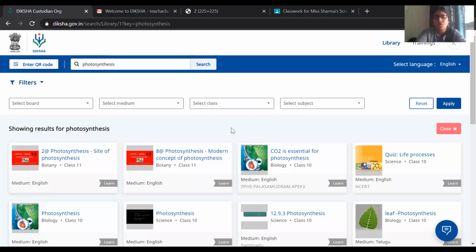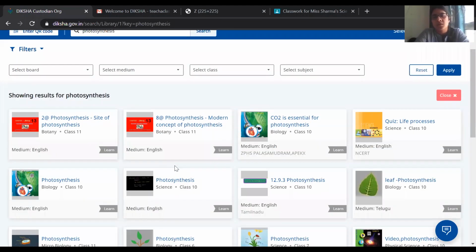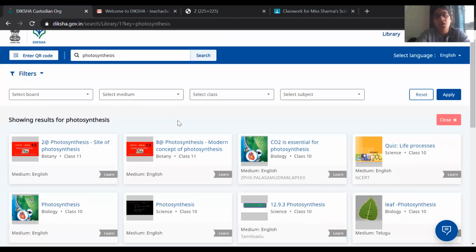Yes, you can share it across other platforms, but what happens is that when you share something, they just get a link and then they have to click on it and they might get lost. If they get a very large repository of a lot of things, they might just get lost. So if you want to download a part of something and then send it, for very few things you can do that. So for example, the documents can be downloaded, right? Some of the videos can be downloaded, but not all of them.